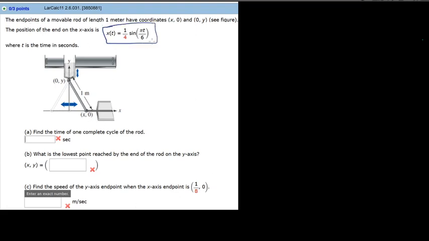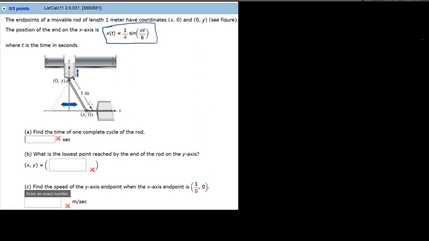And you can see it's a sine function, and that just means it's going back and forth. Because the rod is fixed at 1 meter, this point up here, the y-coordinate, also goes up and down. So x goes right and left, y goes up and down, and t is the time in seconds,